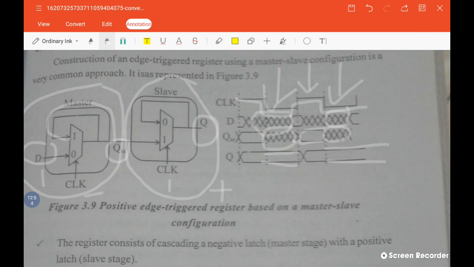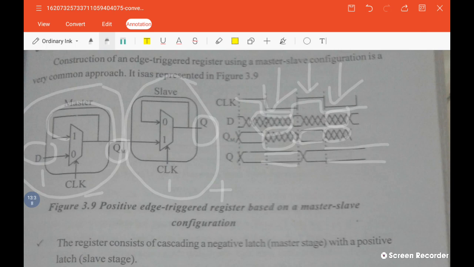While doing that, at the negative edge of the clock cycle, you will be getting the Q output. That means whatever your data D is, your Q will be giving output only at the negative clock cycle, that means when the clock is low. Okay. So now what are we getting? Only during the positive half cycle, we are getting a Q output. Correct? And in the other low clock cycle, your output is stably maintained. So this is the working of a positive edge triggered register based on master slave configuration.